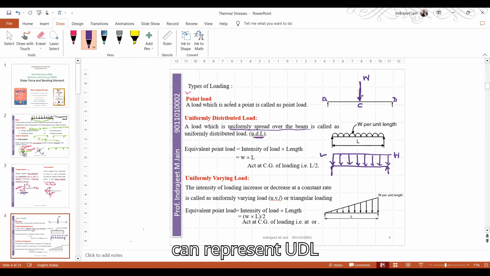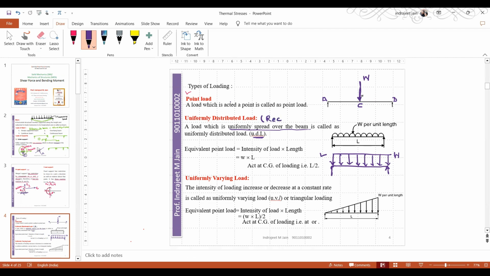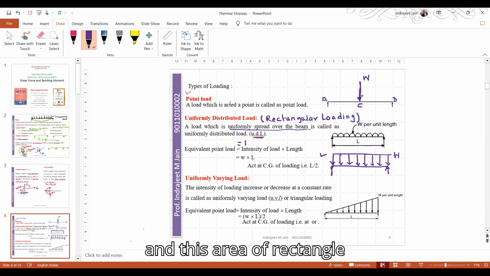So like this you can represent UDL. UDL is also called as rectangular loading, and the area of this rectangle